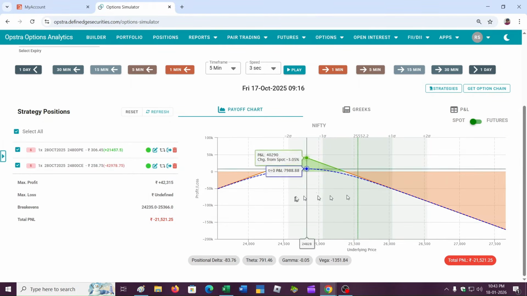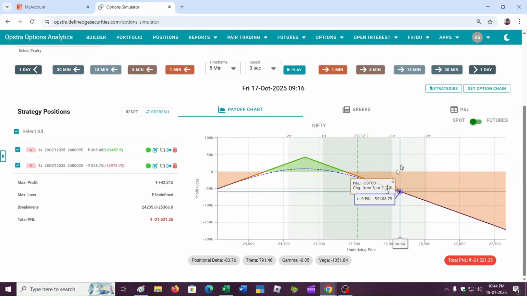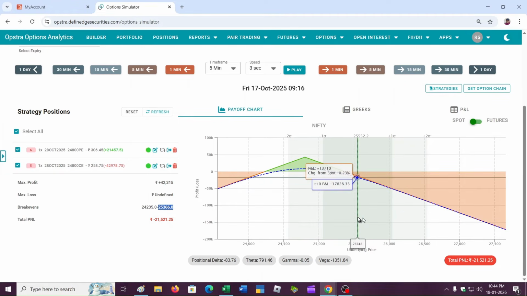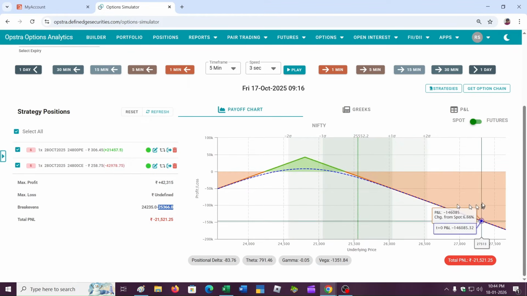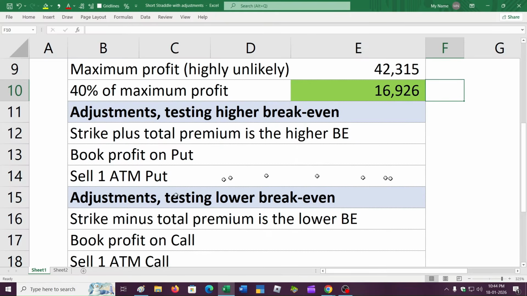We can do some adjustments because this is the higher break even. The price is going up. The break even is the strike plus the total premium. The strike is 24,800. We have to add 306 plus 258 to that so that we get the higher break even, which is 25,366. Now Nifty is above that, so it is in loss making territory and we don't know what's going to happen. In that kind of situation, we should do some adjustments,